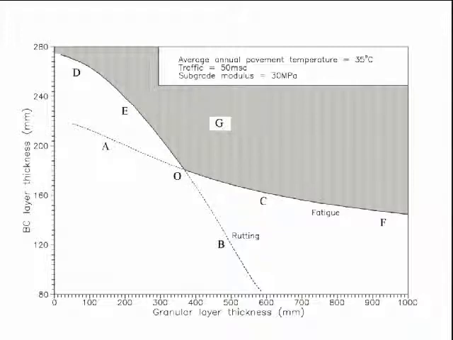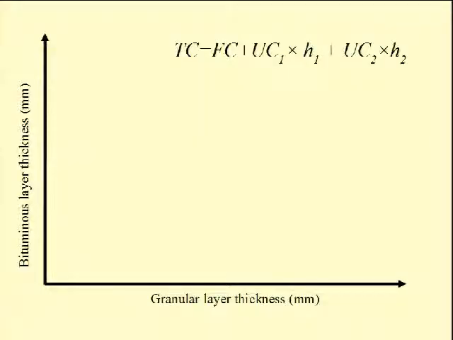So if I take this curve as the basis, then we can see that, of course, this shaded one is the oversafe portion, the unshaded one is the unsafe portion, and the boundary in between these two can offer me a number of design combinations. And it's up to the designer to choose the best possible combination. Of course, the answer is going to come from the economy, because out of these combinations, we would be interested to check which one turns out to be the most economical.